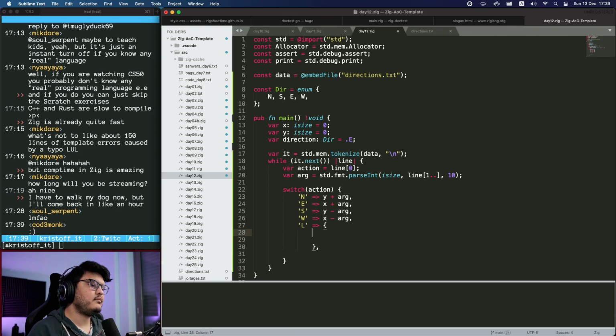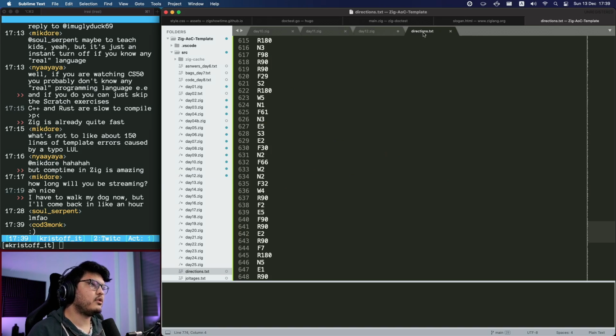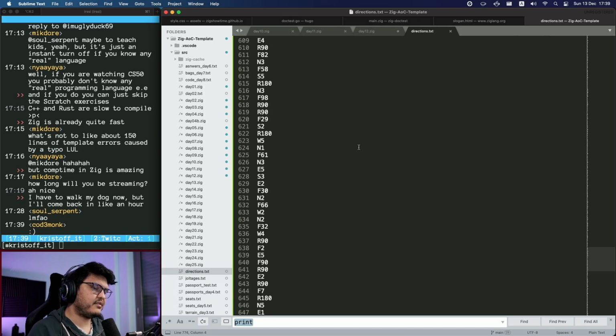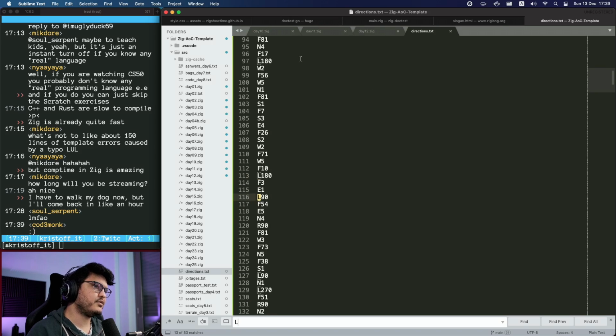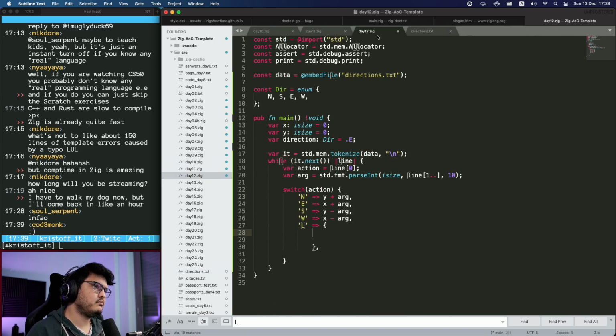We need to map the degrees also. Oh god, how bad are these degrees? So let me find left and right. 270, 90. Okay, they're all multiples of 90. So I guess we divide by 90 and we get